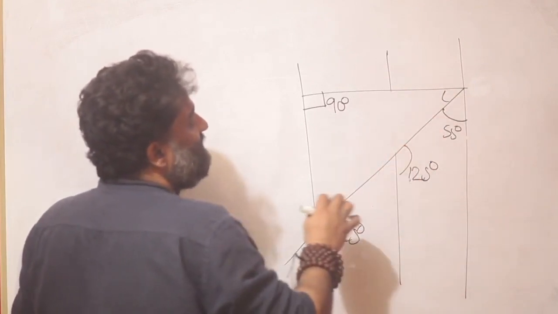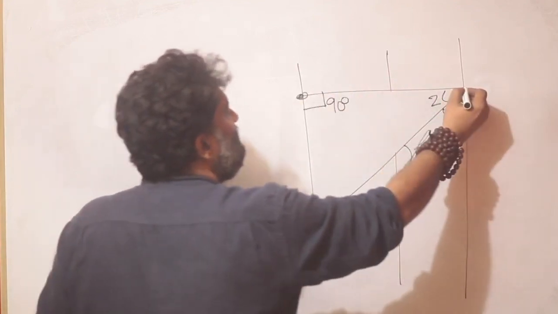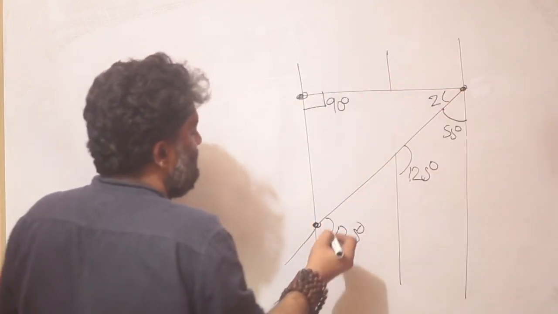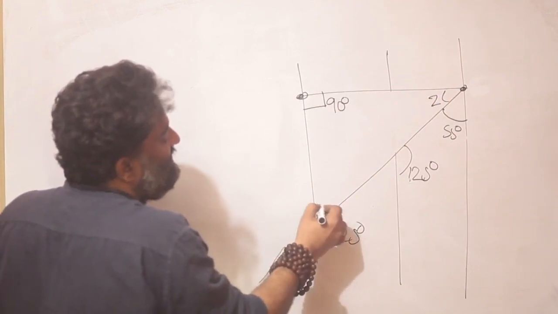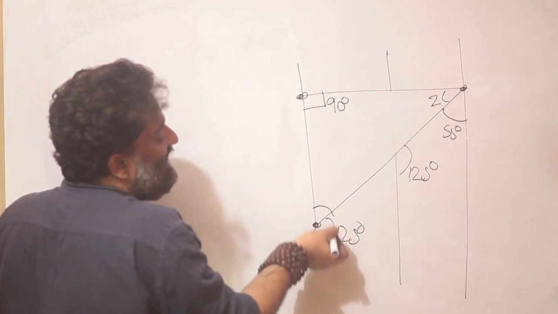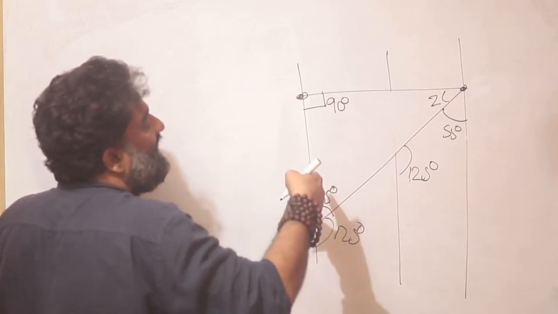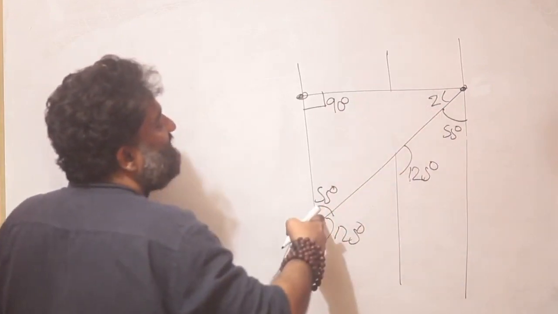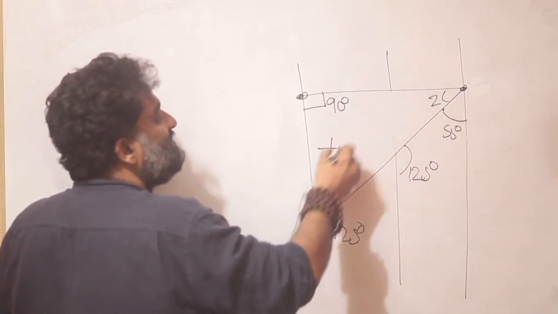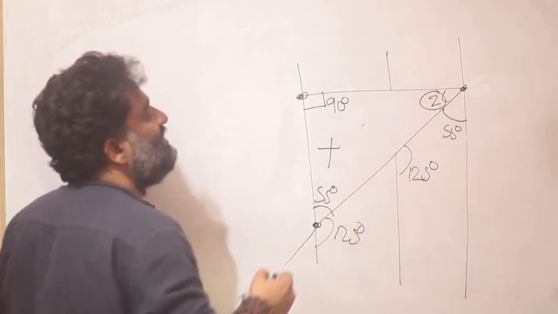Now for a minute, if I forget this and I mark it as Z, and now I notice a triangle at these 3 points. If this is 125 degrees, using the idea that a straight line is 180 degrees, this would be 55 degrees. Now I have a triangle and I have two angles given. So 90 plus 55 plus Z is going to give me 180. And once again, I find the value of Z.